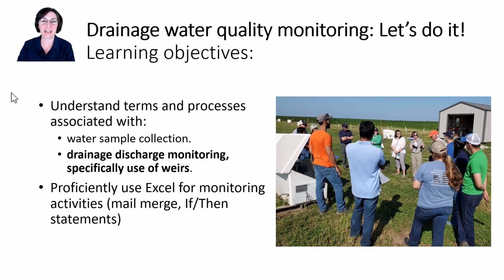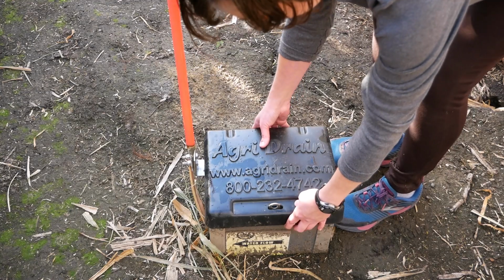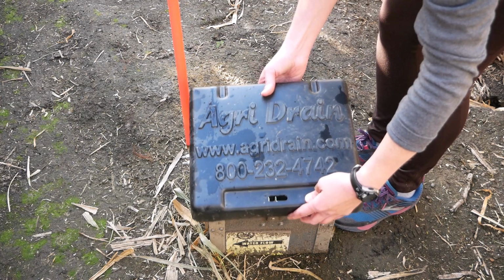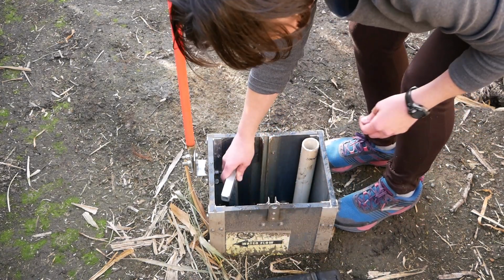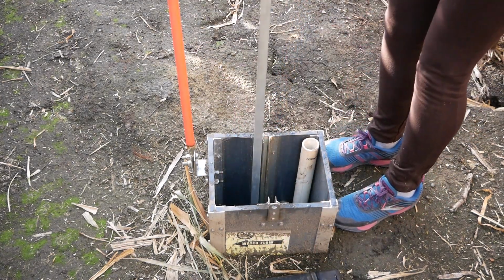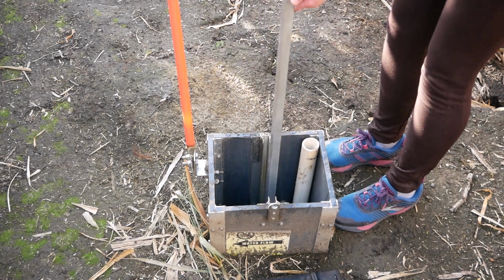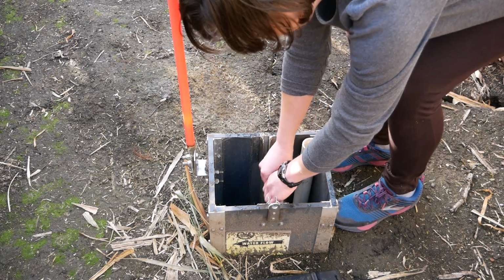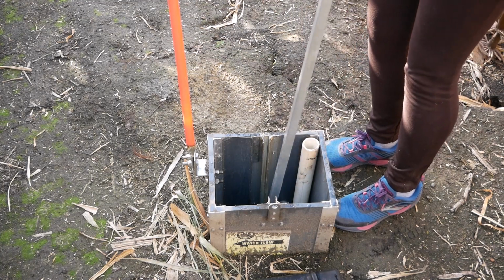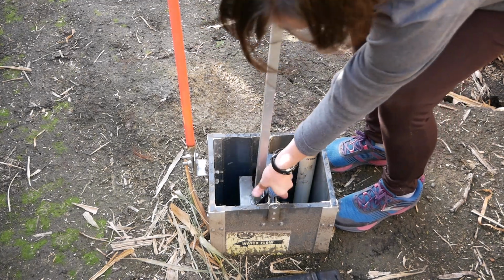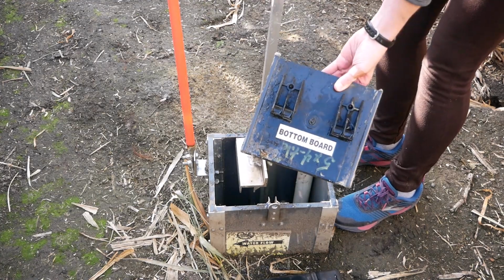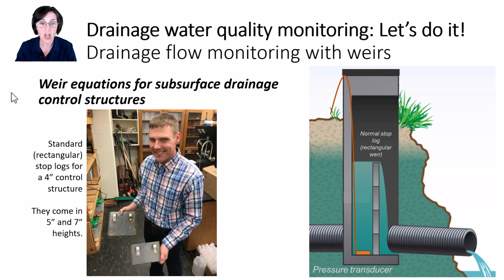Remember, the ultimate learning objective for all of this is to be able to make informed recommendations on how to monitor drainage water. You're familiar with what a control structure is and the stop logs that are inside the structures. These rectangular stop logs essentially act as a broad-crested weir behind which water depth can be continuously recorded. The recorded water depths can then be used to calculate the flow rate flowing over the stop log using the appropriate weir equation.